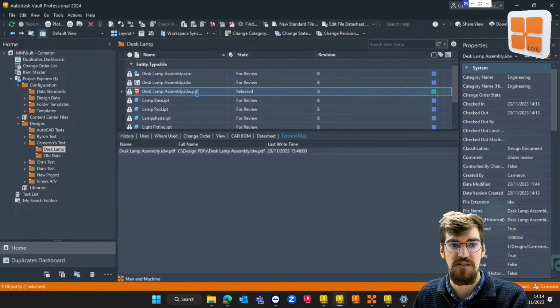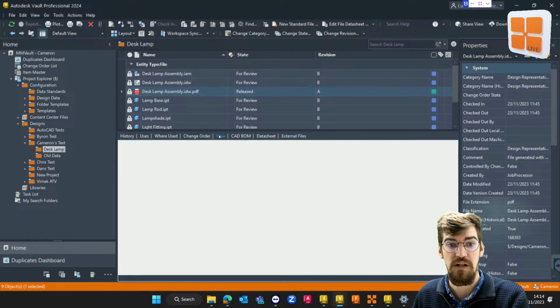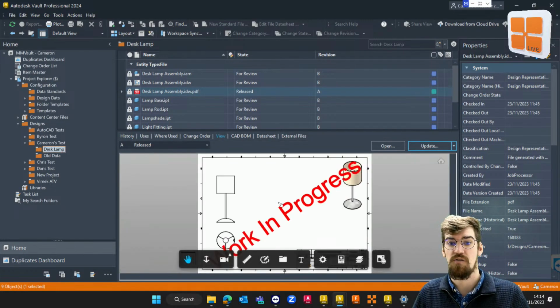At the moment, the PDF that is associated to this drawing file is currently showing within the PDF itself that our drawing file is at a work in progress state, or the assembly file that's then associated to that. So based on the state that it's in, we can get this to publish and to show anything we need to, whether it be a property that exists inside of Vault, whether it be, or in this case, that's the work in progress state, whether it be the person that has access to the file or anything like that,